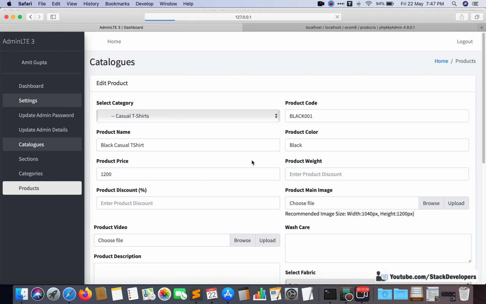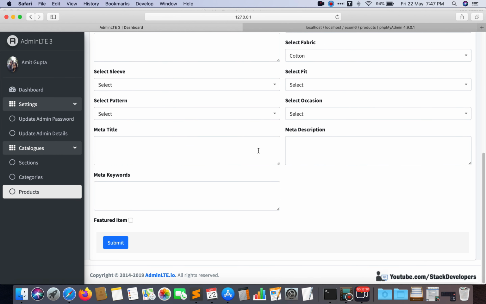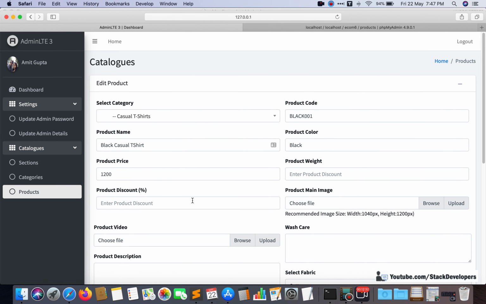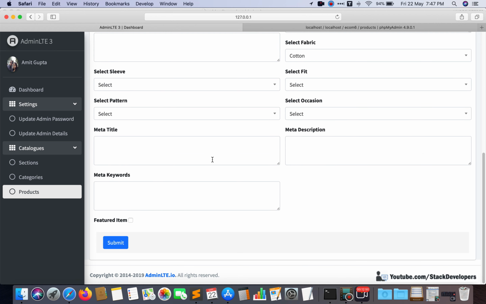Now all the data will come up here. Okay, now the only thing is we want to submit the data, we want to update. Like suppose if I want here BL001, we want 0001 like this, and here I want to make it like T-shirt, some changes, I want black, I want to update the price like 1500. Okay, and when I click on submit, the data must get submitted.